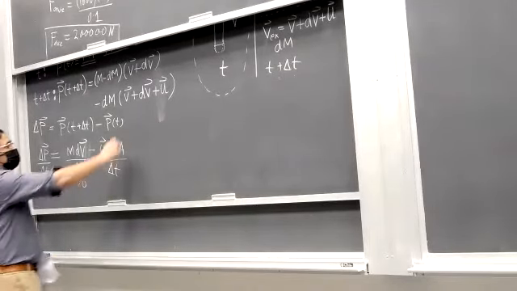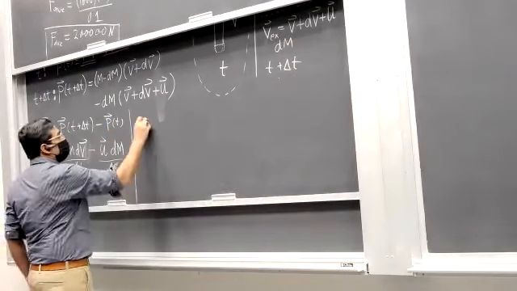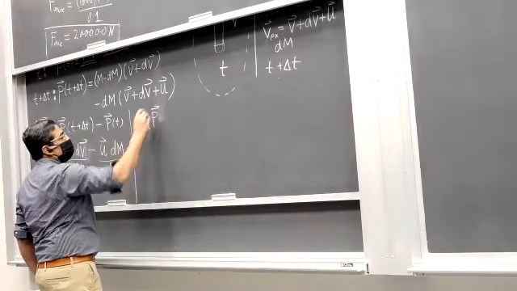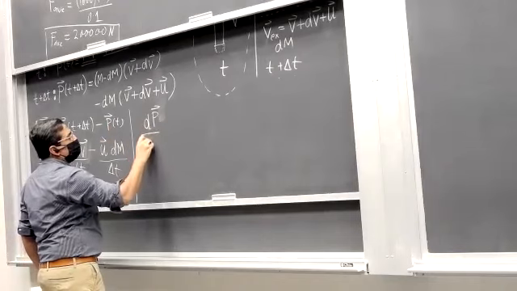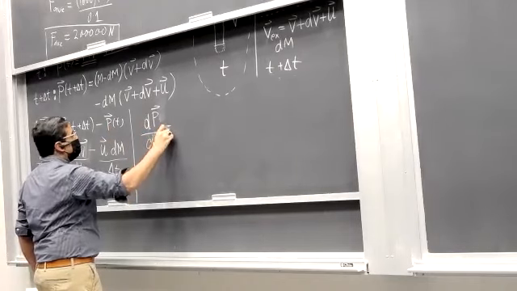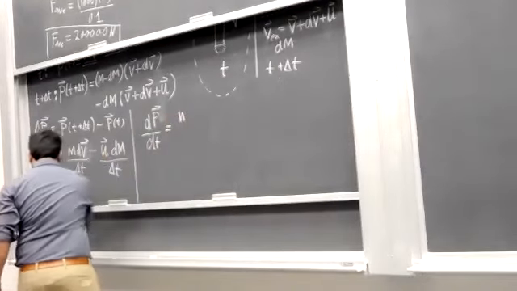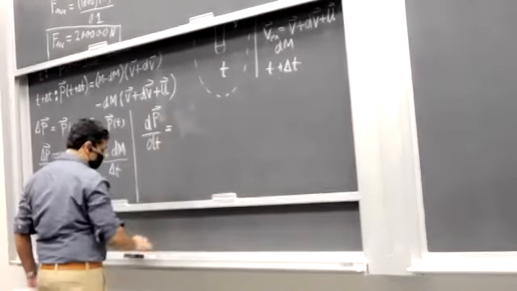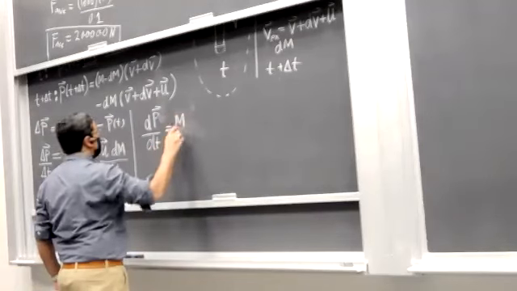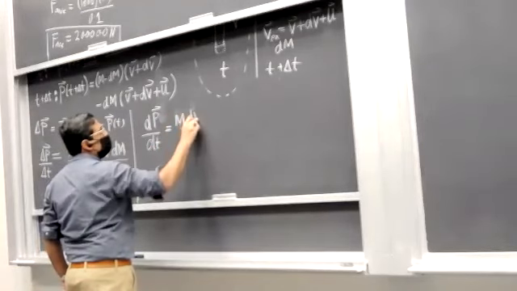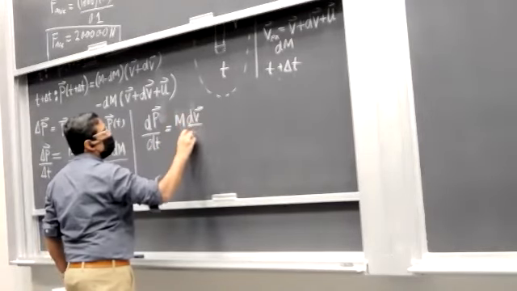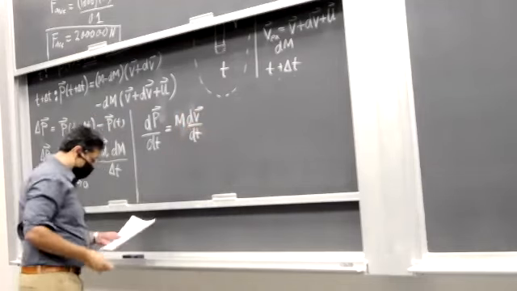And this equation becomes dP over dt equals m dV over dt